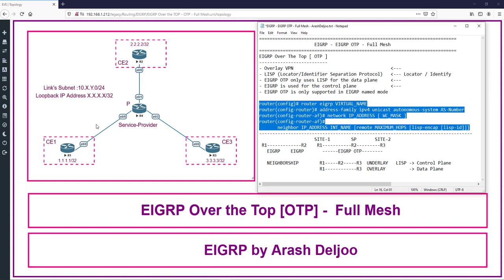Let me talk about this scenario. This is our scenario. This scenario is designed as an easy and simple scenario, because I don't want